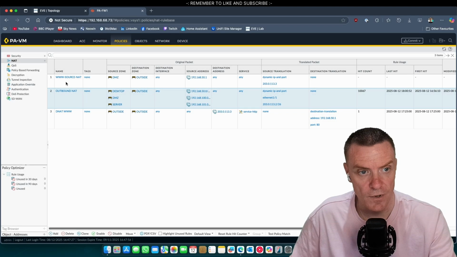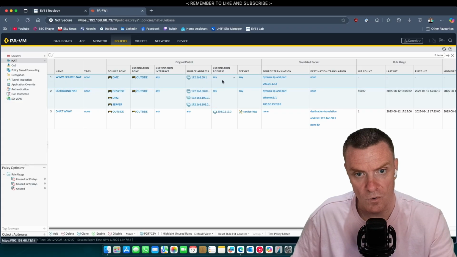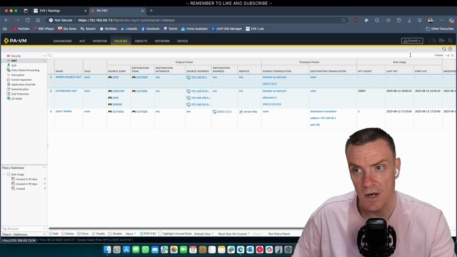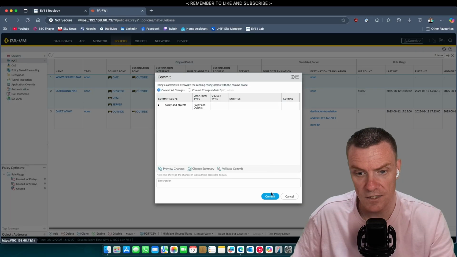So what it's going to do, if I put it in this order, the source NAT for the www will come first. So 50.1 will be natted outbound to this address. Anything else within that network will get natted to the standard interface address. And then our destination NAT inbound, when they want to access our public web server, you'll now use this public IP address. So if we commit this,